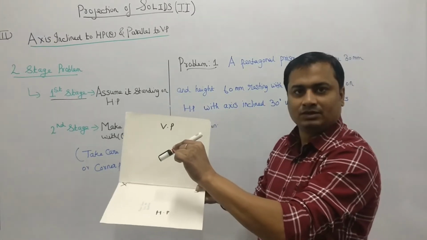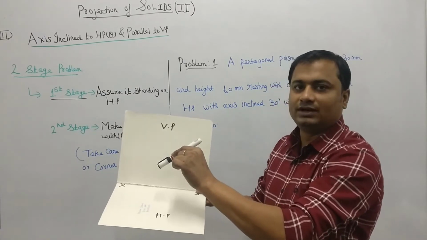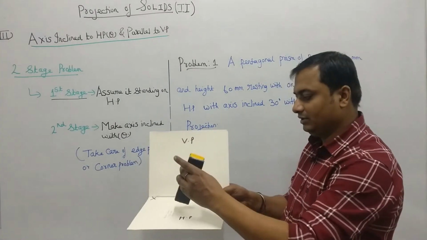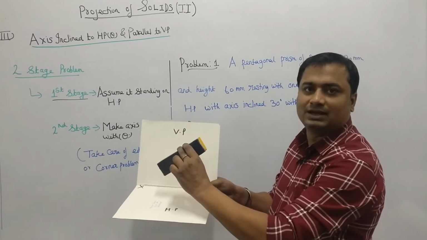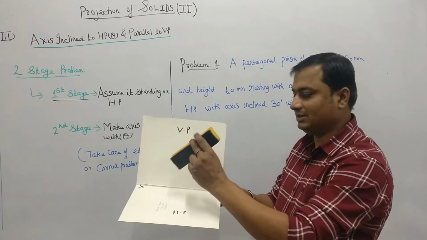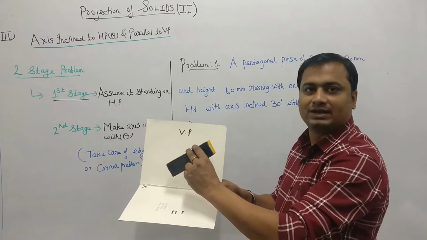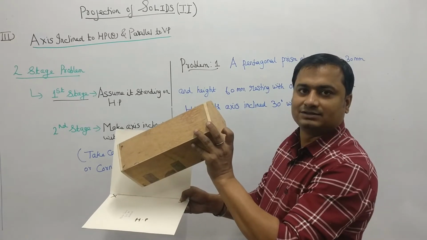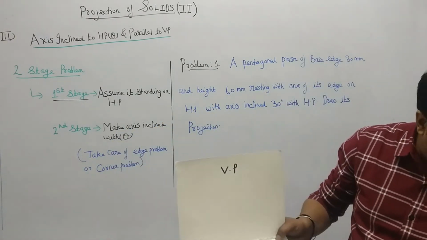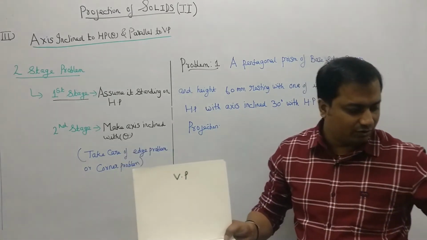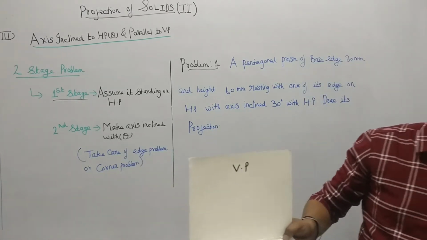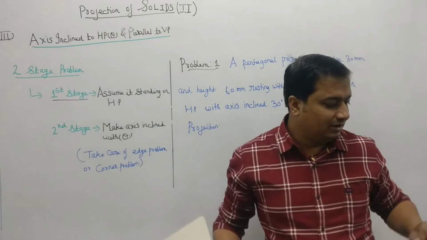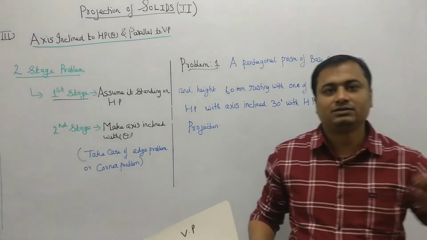So the axis is like this. If the axis is like this for the solids, it means that all the solids are now going to incline with some angle. If the axis is inclined, it means your solid is also inclined. Suppose this is a square prism, so the square prism is also inclined. If I talk about the pentagonal prism, it is also inclined like this. The pyramid is also inclined like this. The cylinder is also inclined like this. Similarly the cone is also inclined. So all the solids are now inclined with HP, and the angle will be theta.